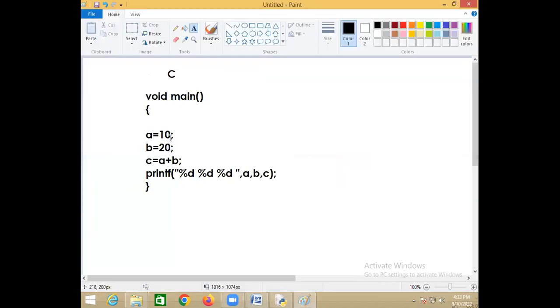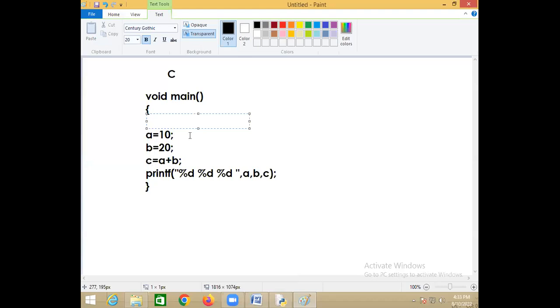Suppose I write A equal to 10, B equal to 20, and C equal to A plus B. It means you are assigning 10 to A, 20 to B, and the A plus B value to C. But you cannot assign the value to A unless you reserve the space.